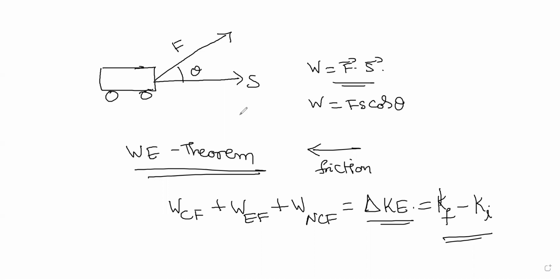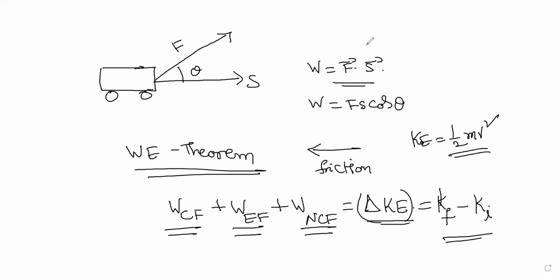So now, this is called the work energy theorem. Work done by conservative force, work done by external force, and work done by non-conservative force, the sum of all these is nothing but the change in the kinetic energy, that is K final minus K initial. This is the other thing you need to solve this problem. These are the concepts behind. It looks very simple, but I hope you know what KE is. The kinetic energy is given by half m v square. So this is the formula. So we will do this.